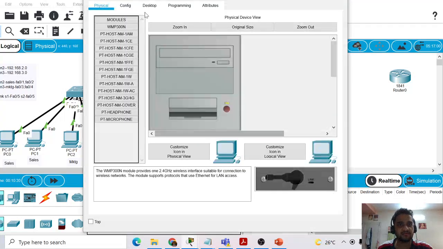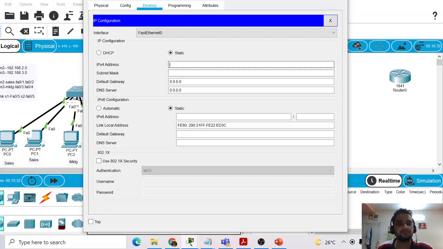Similarly for cells it will be 192.168.2.4, the gateway IP.